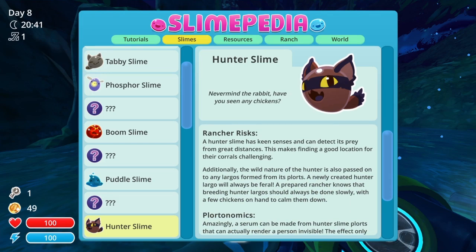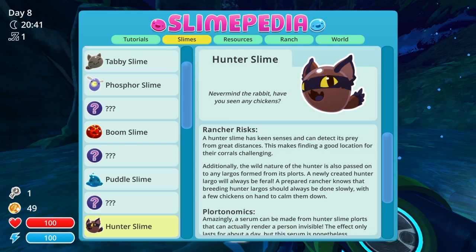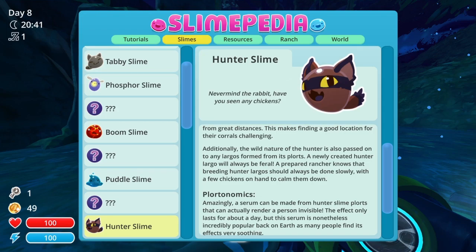A hunter slime has keen senses and can detect its prey from great distances. This makes finding a good location for their corrals challenging. Additionally, the wild nature of the hunter is also passed on to any largos formed from its plorts. A newly created hunter largo will always be feral. Okay. A prepared rancher knows that breeding hunter largos should always be done slowly, with a few chickens on hand